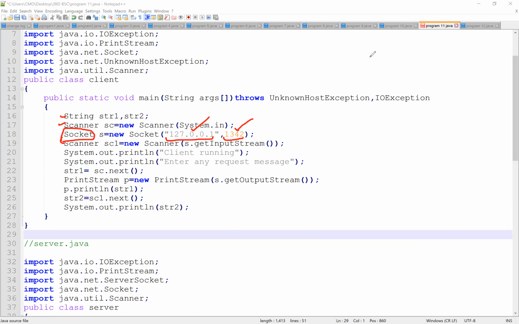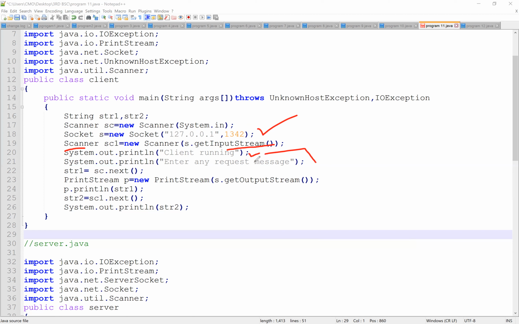After that, our connection has been established. Next, we need to read our input statements. After that, we need to print output statements like client running. You can add as many statements as you want, or you can keep it simple with just one statement.